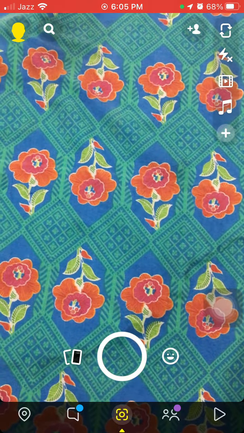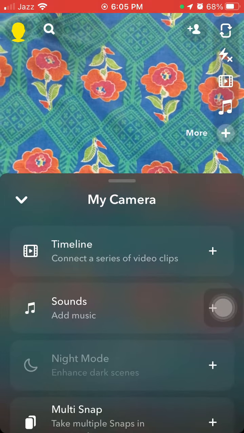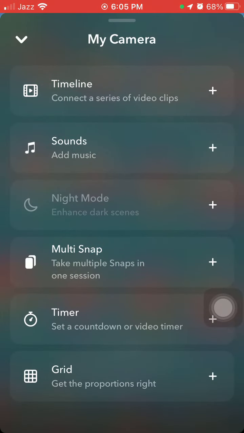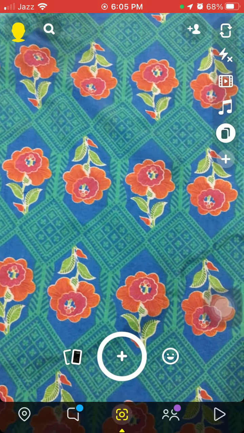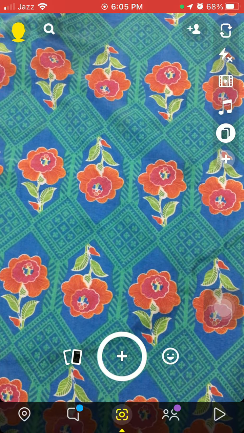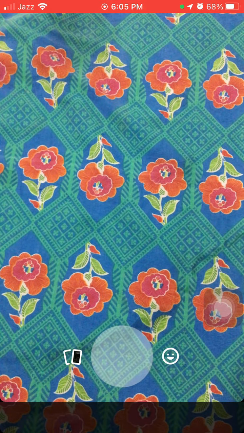Now go back to Snapchat, tap on this plus icon and tap multi snaps. Now you will have to take the snaps as much as you can. Now tap send